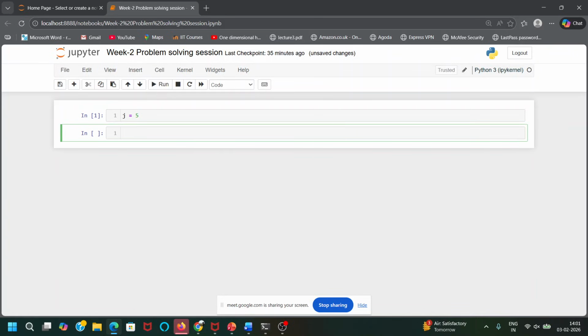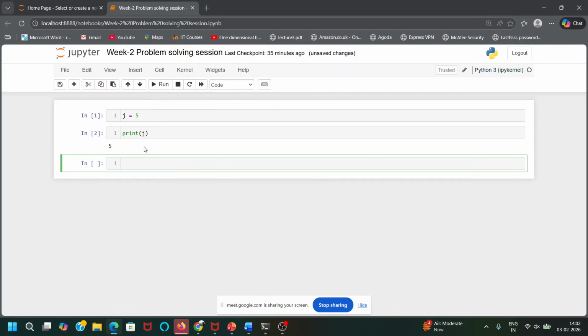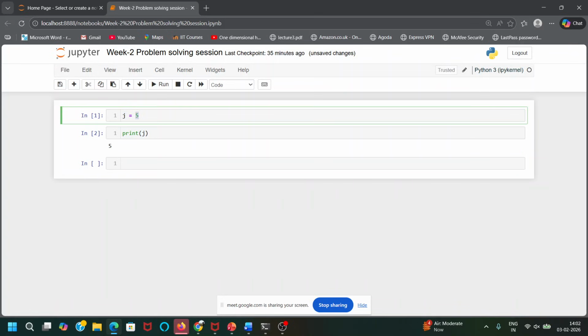If you want to see what value the name J is holding, you can simply run print J. You can see J is holding a value of 5.